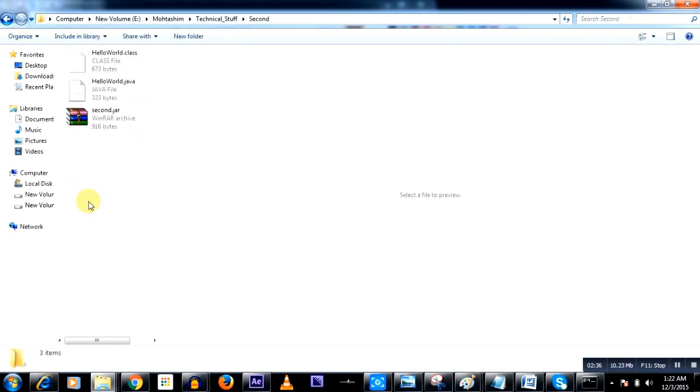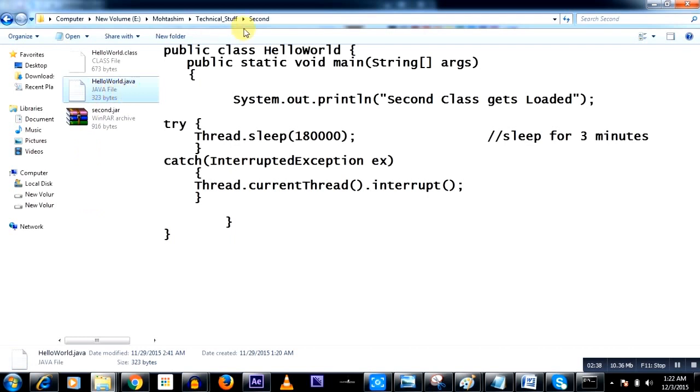So if I am in this particular folder, it means I will be able to execute this particular class file. Now I'll also show you the second folder's hello world Java file. This prints second class gets loaded. So the output would be different, and that is how we are able to understand which particular class file the JVM is loading.